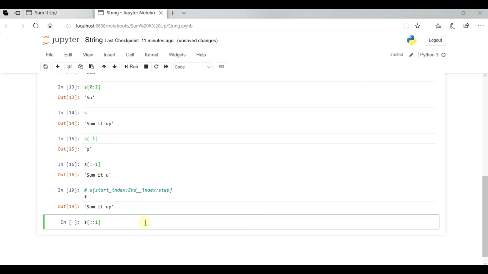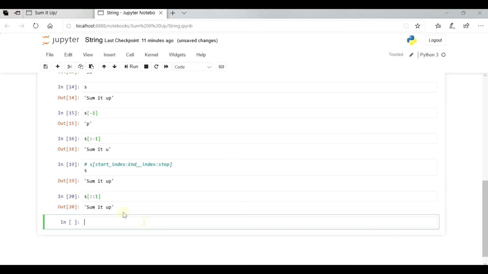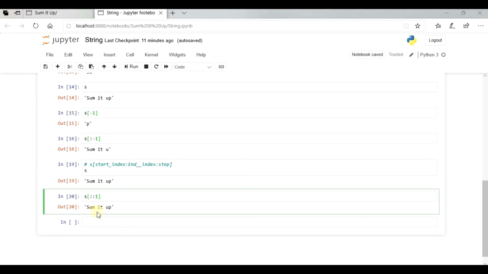So just hit shift enter and you can see it prints everything, no change, right? So why is there no change? This means you are increasing your start index toward the end index by your value 1. So it is going to the 0th index, it will increase the 0 by 1. So 0 plus 1 is 1, then again 2, 3, 4 and so on up to the end.